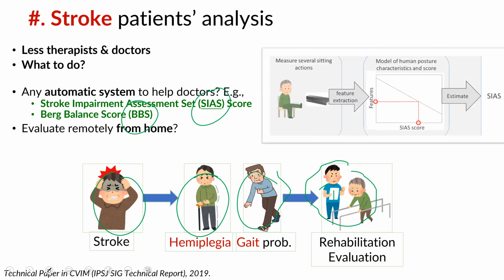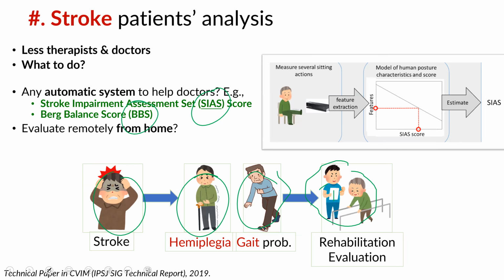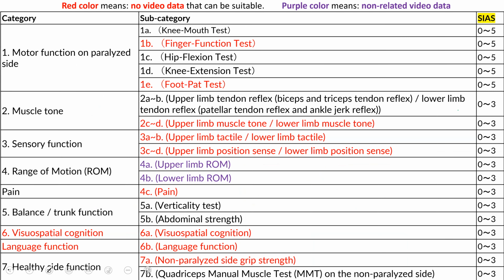Now, can we evaluate remotely? The goal is that if I can do some kind of actions in front of a camera or using some sensors, and then you collect it and, using AI methods, evaluate it and give me an estimate of SciS, just like what the doctor gave, then this can be very important. For example, if you consider SciS, there are so many different categories, not only 7, and in between there are lots of other things.